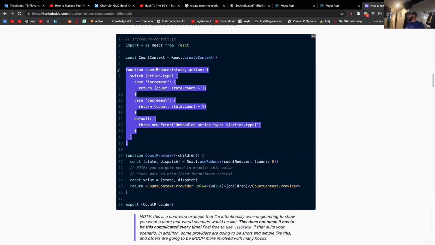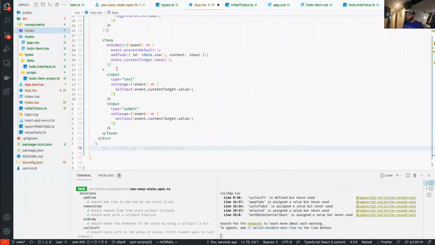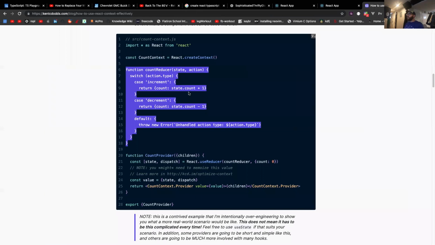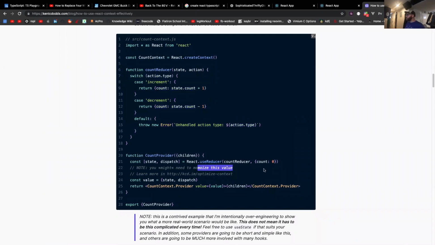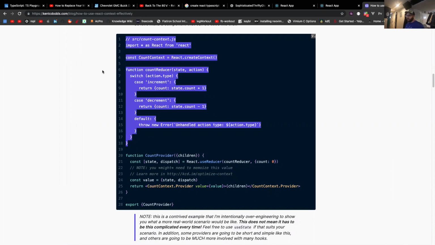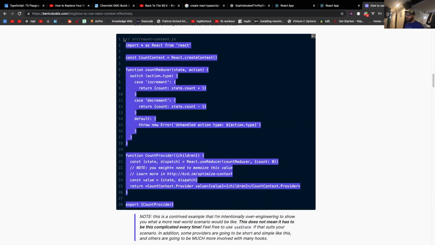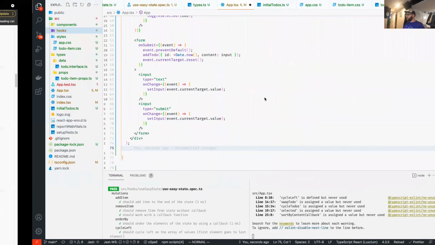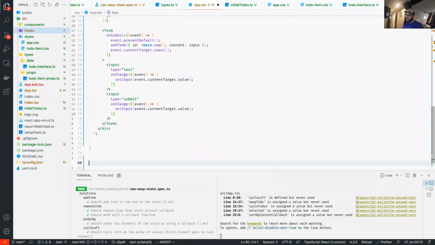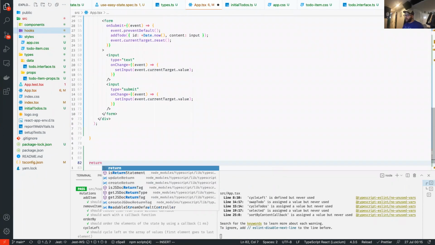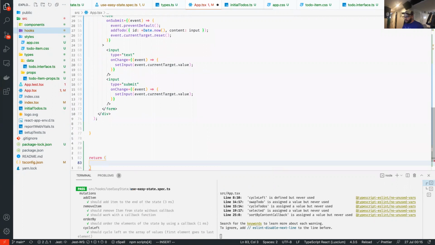If you wanted to use EasyState, what is my hook called? I think it's called EasyState, whatever. If you wanted to use EasyState, you don't need a reducer because I built the reducer for you. It's basically effectively what the library is, right? So you can just get rid of this, and then this is basically your boilerplate code for one state other than the reducer. And then you can dump them in, like, let's say you have your app, your return value for your app. It would look something like,